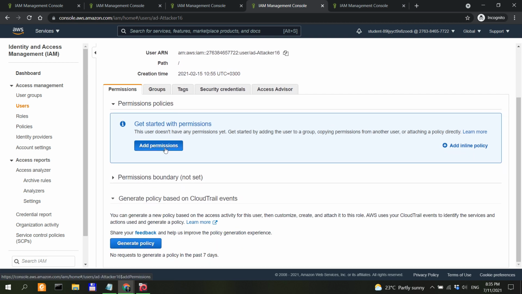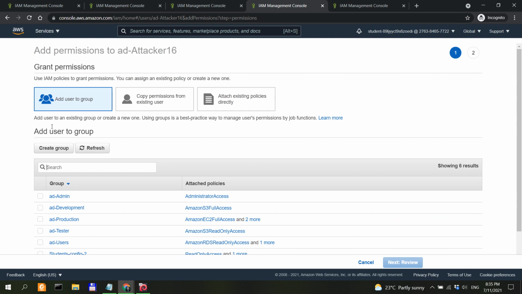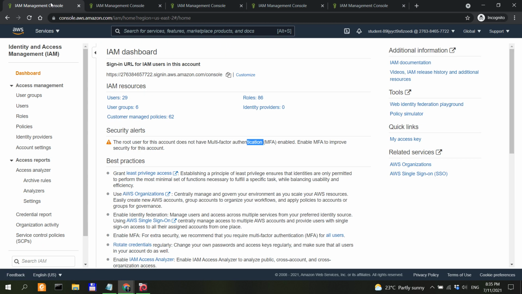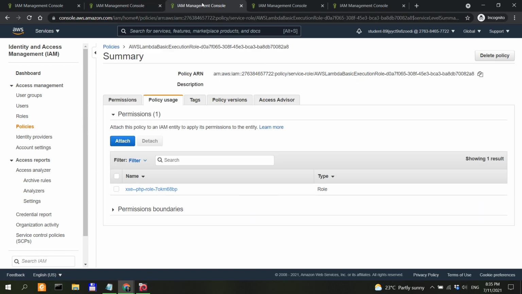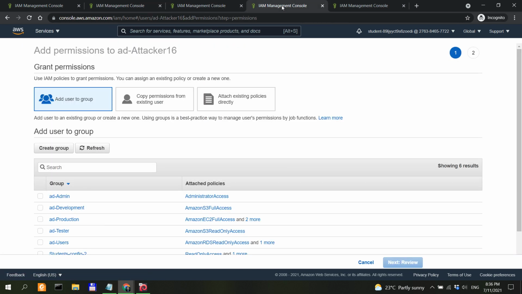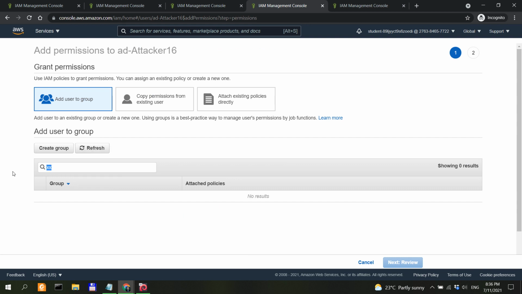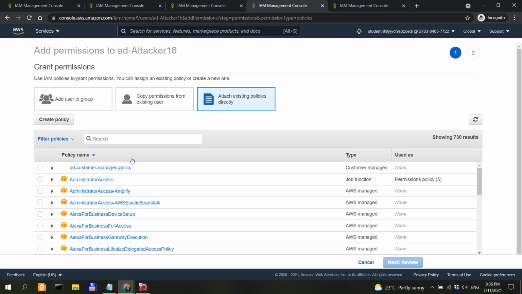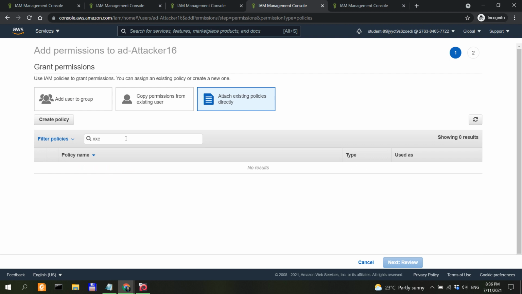You could add permission, and then you could attach, for example, this XXC. Let's see, how do we do that? Where was it? Add user to group, XX, so not to group, but attach existing policies. So XXC,